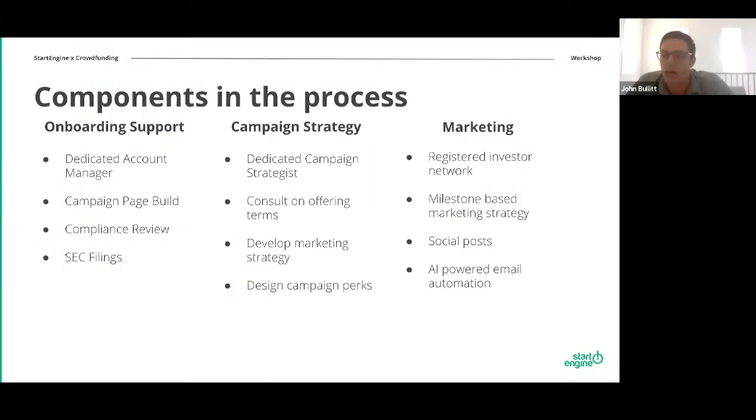Finally, you have a funding strategist that you'll work with. They're really running point on the marketing strategy for your campaign. That includes coming up with creative perks that are going to drive investor interest. That includes coming up with strategies to tap into your community and coming up with strategies to tap into the broader public. So finally, we have the compliance team. Like Katie said, we have 8 in-house lawyers. They're awesome. They review everything. We are a compliance first company. We want to make sure that you are covered up, that we are covered up. So we're able to rely on them to make sure that we are in all compliance and regulatory all checked out there.